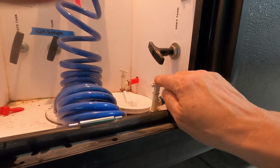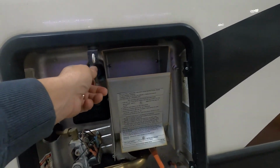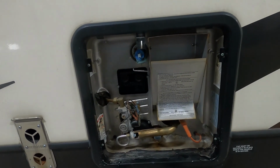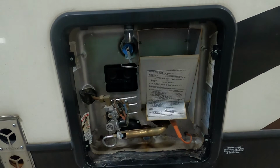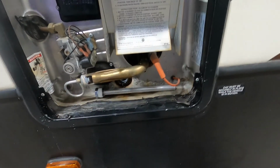After these low point drains are done, we're going to come back over to our hot water heater. We're going to lift up on our pressure release valve. That's going to drain the remainder of your hot water out of there. Be careful, it is hot. When that's done, make sure you push that back down, otherwise your door won't go back on. And then you can pull this low drain. You turn your door back on